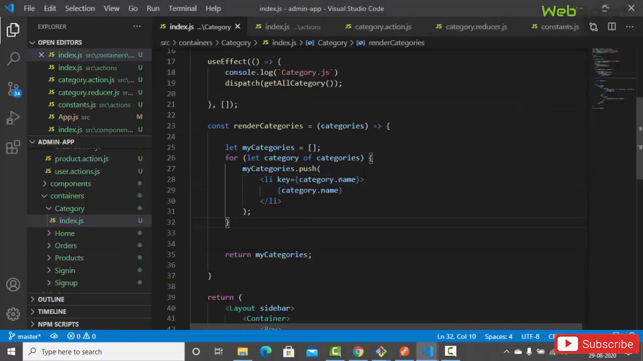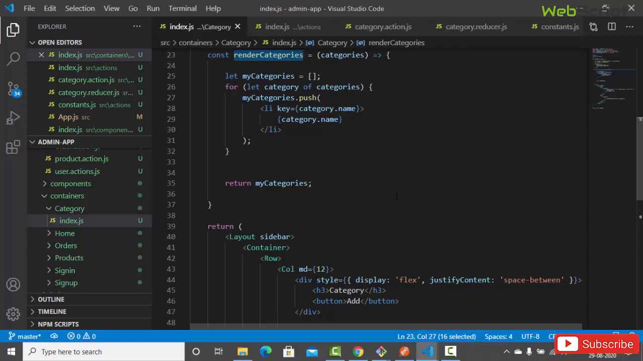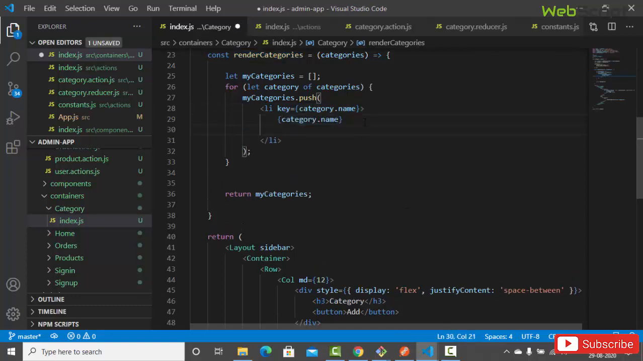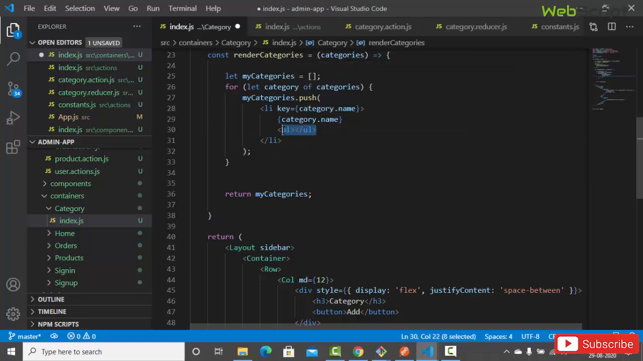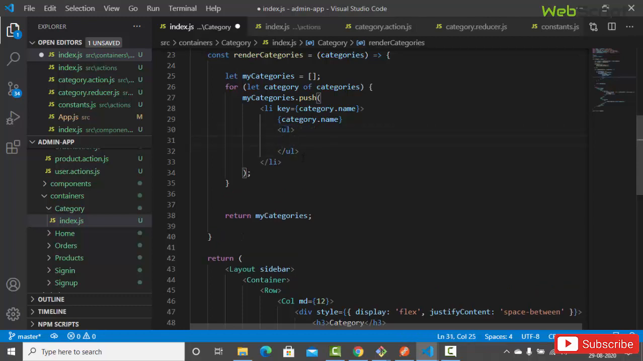But okay, this is just LIs, and we can do it with the map function also. We don't need to use push. But why I'm doing this is because we want to use a recursive approach to fetch all of the categories, all of the children categories. So here we have li, and inside this li I'm going to use ul, and now let's add something